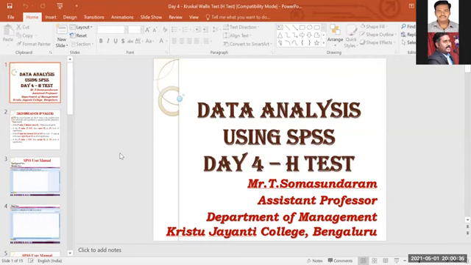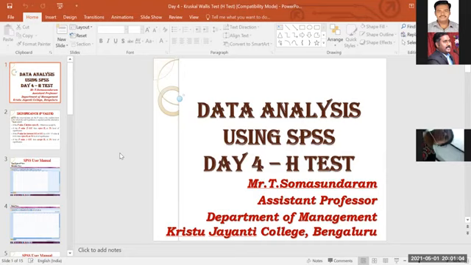As we discussed in the previous session, Mann-Whitney is used to know the significant difference of the dependent variable on the independent variable with categories. Whatever dependent variable you want to measure, I want to know the significant difference of that dependent variable on the independent variables, which have different categories of the same population or two different populations. Correct? That is the only difference.